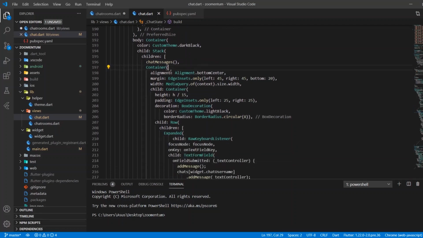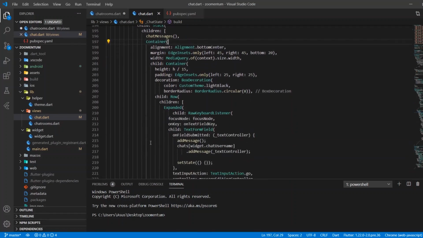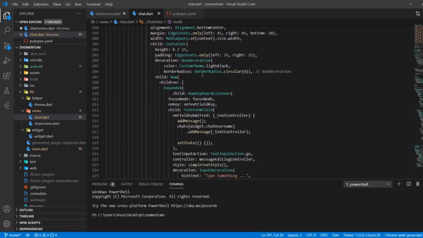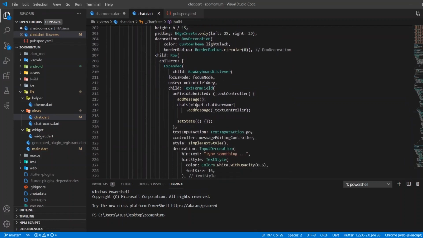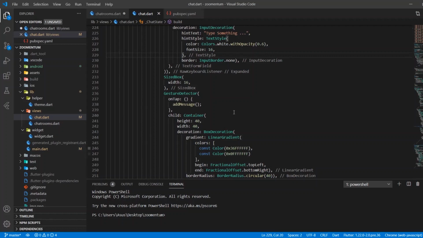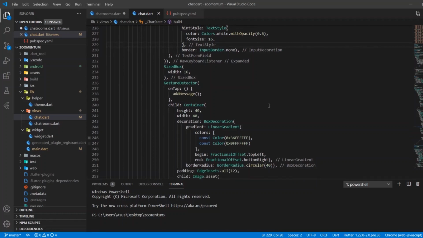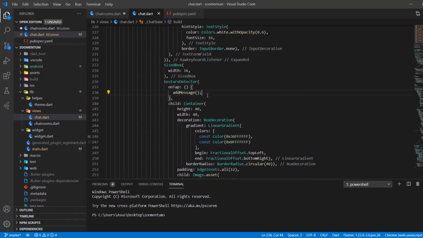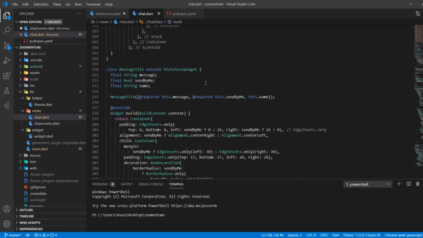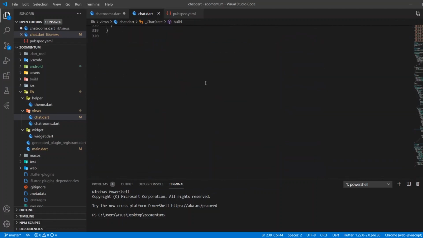And now we are creating a text field at the bottom, nothing major here. The add message function we discussed earlier. When we click the send button, the add message function should work as well. Send image, I guess that's pretty much it.